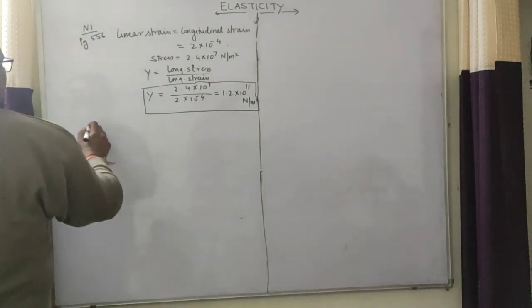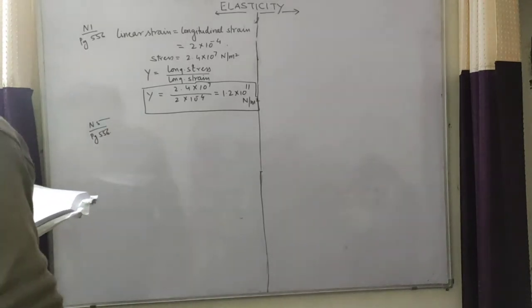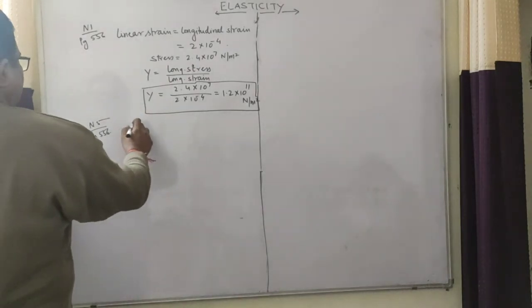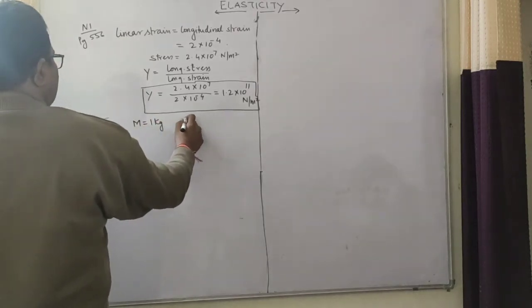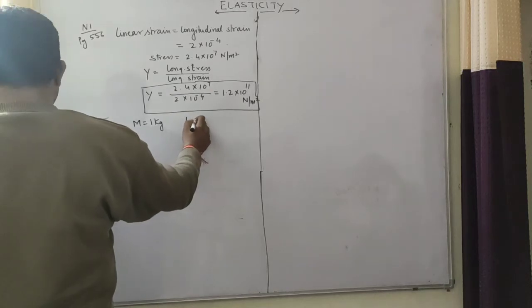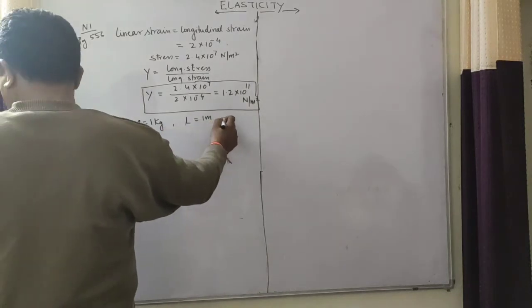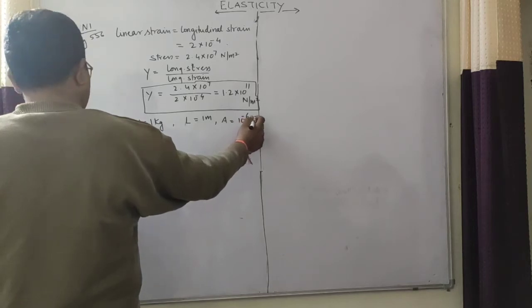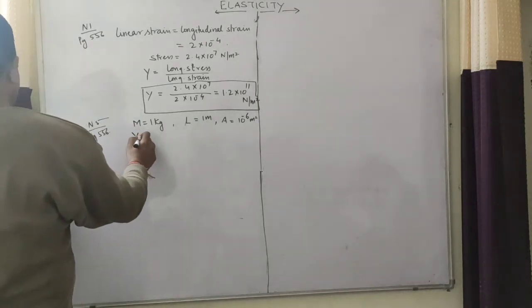Now next is numerical number 5 on the same page. A mass of 1 kg is suspended from a wire of length 1 meter. Mass is given as 1 kg. Original length, that is L, is 1 meter. And the cross section area of the wire is also given, 10 to the power minus 6 meter square. Young's modulus of elasticity of the material, that is Y, is given as